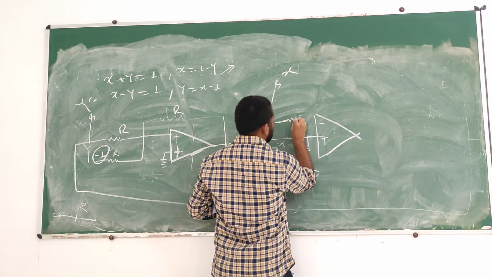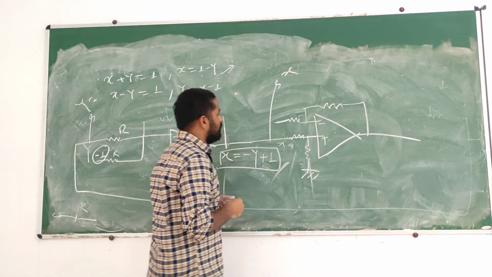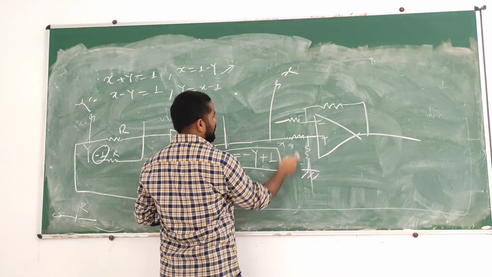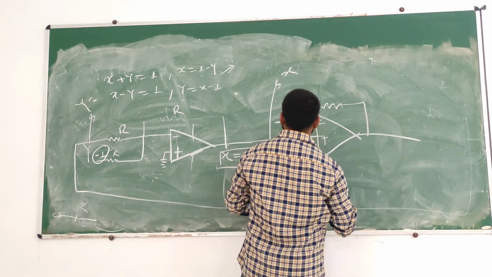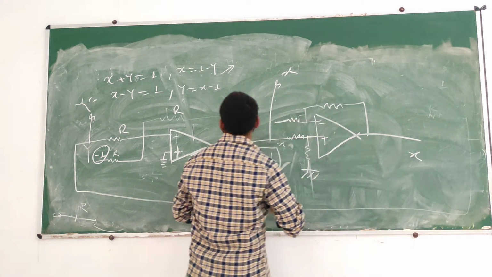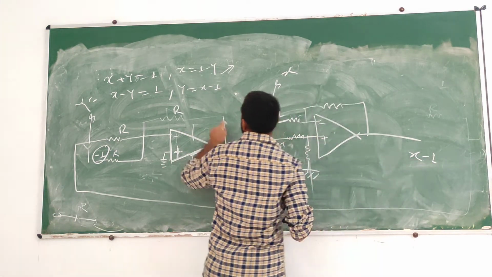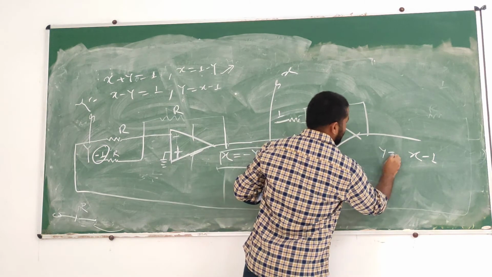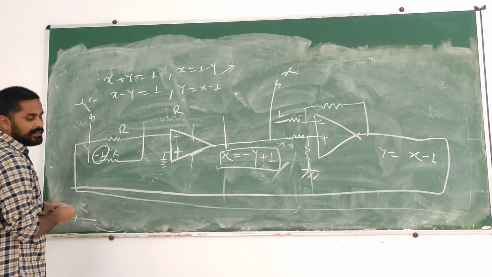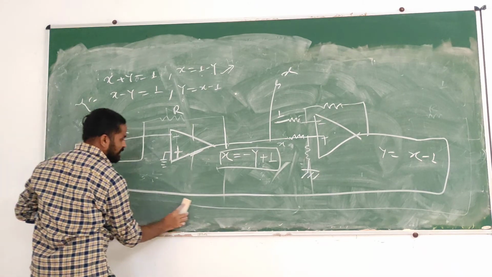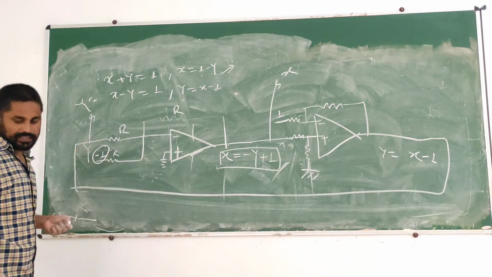Now just apply the difference formula, the difference circuit. You will get what this circuit does, V1 minus V2. Now this is X. It will just give your X, and whatever value you apply over here, 1 volt, it will just give minus 1. So you got X minus 1, which is nothing but Y. And if you tap it and feed it over here, then you will get the Y. So we are tapping and giving it over here.